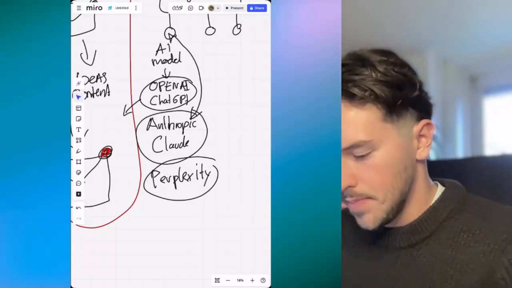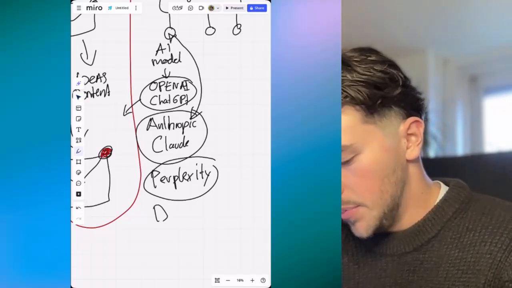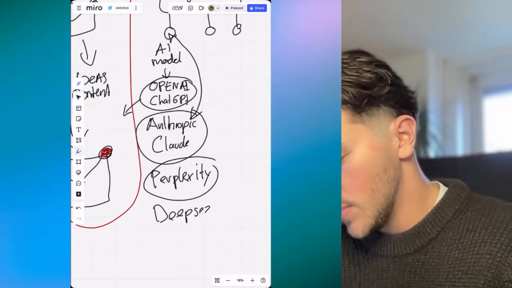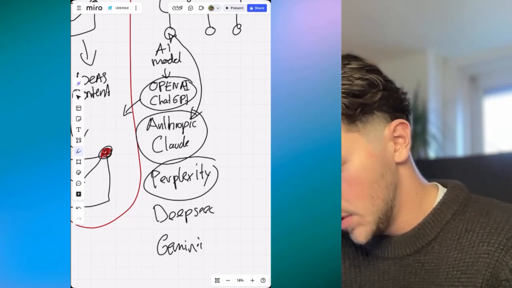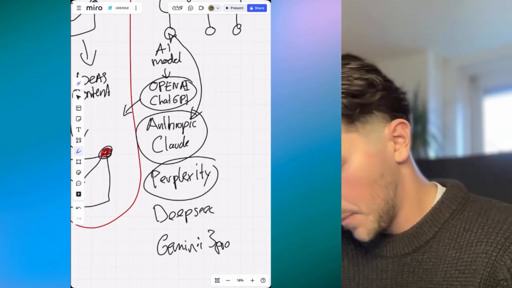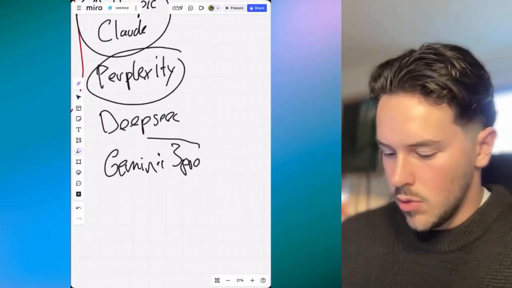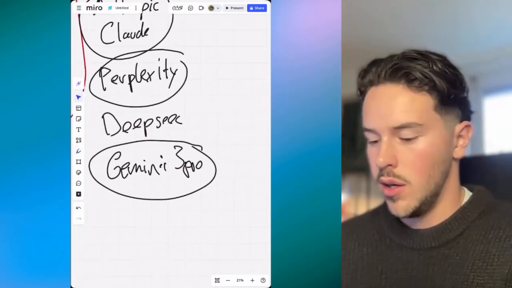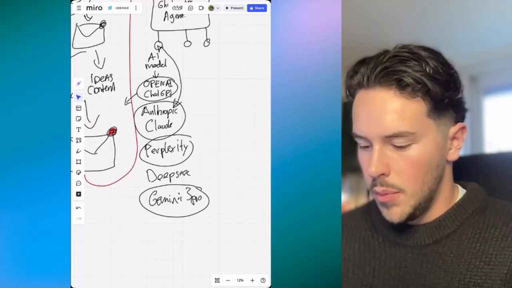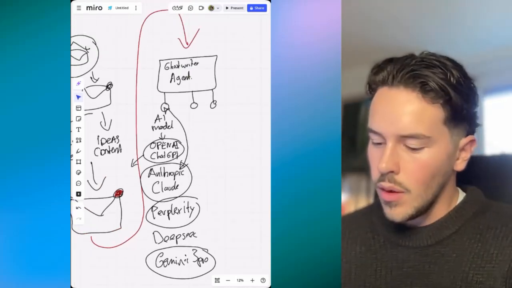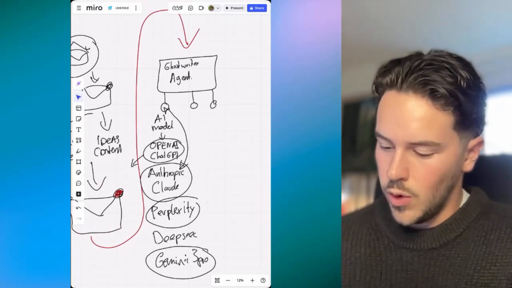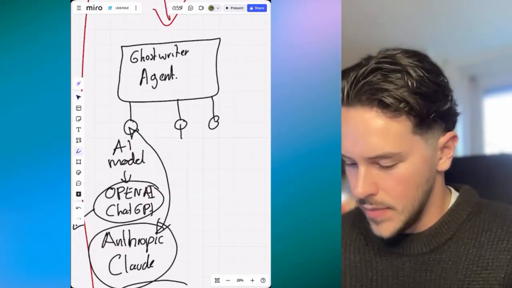You get DeepSeek, Gemini 3. It's a super powerful model. Gemini 3 Pro, I use this one more often now than ChatGPT. But as you can see, we can make different models with different purposes.